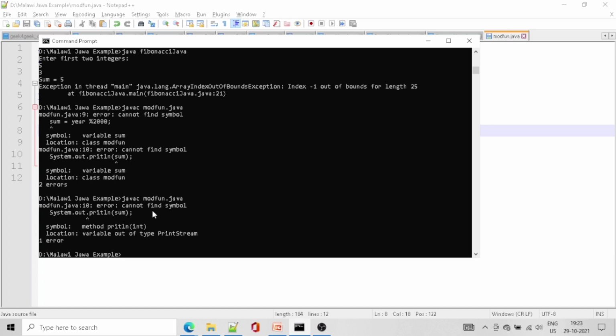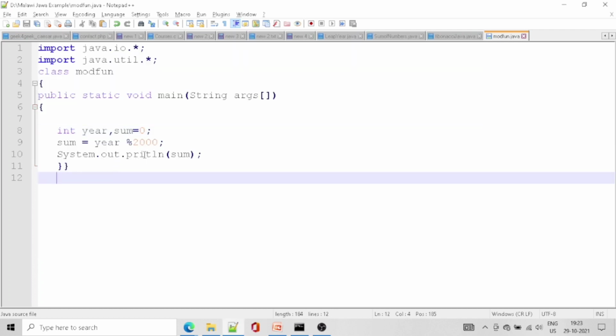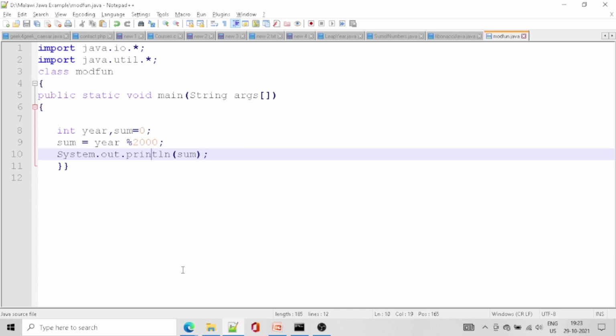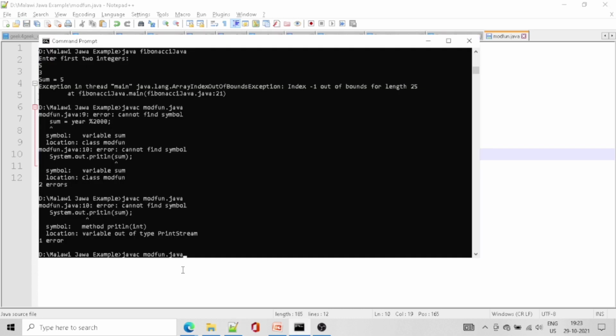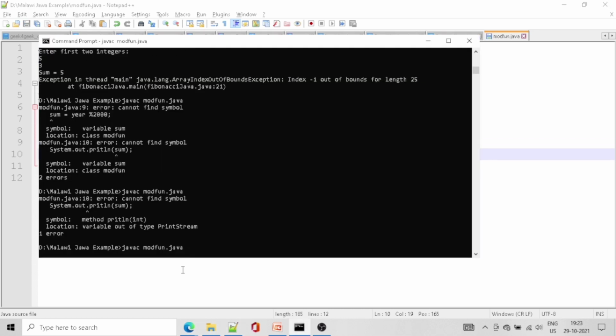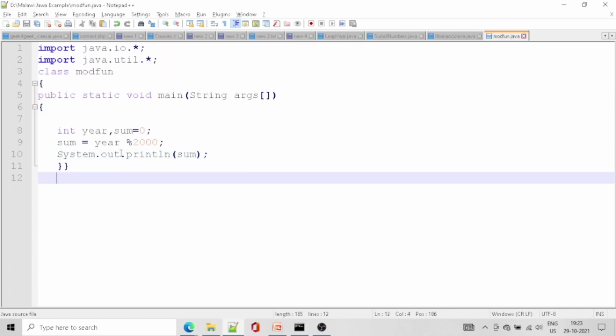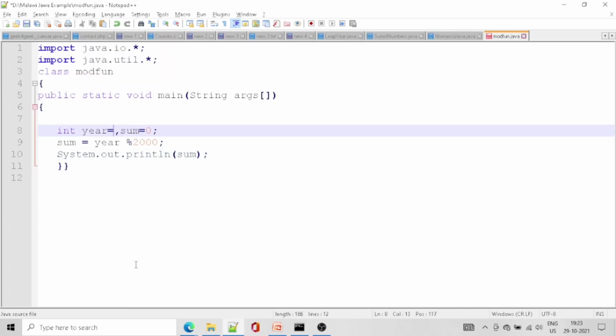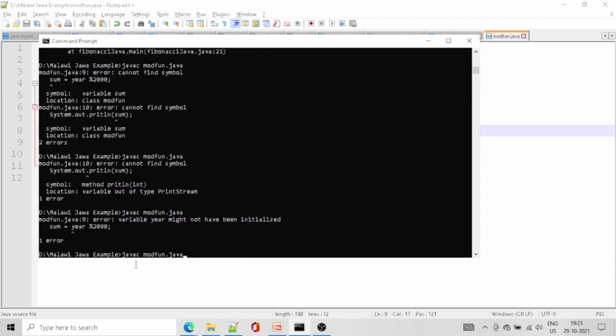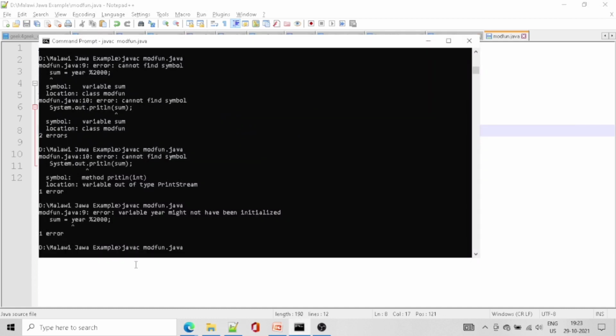Another error: we forgot to put print in println. Now it shows year, and here it needs to be 2021. Now we are compiling it again.